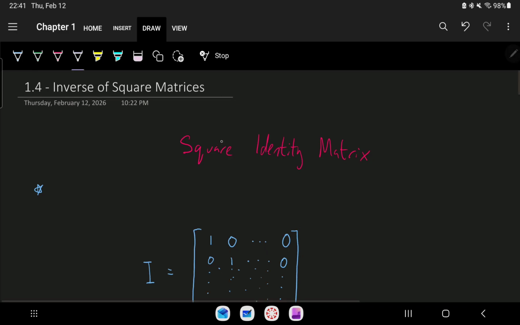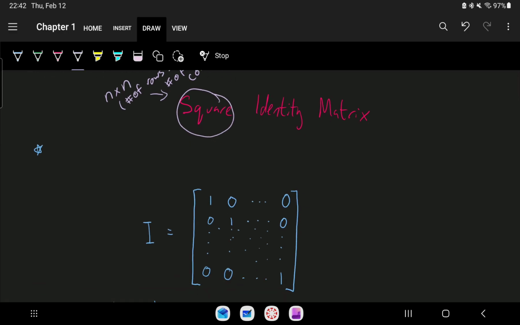We've mentioned square a couple times, but just as a reminder, this basically means that it is an n by n matrix. And what does that mean? The number of rows is equal to the number of columns. Remember, row by column, they're the same number, so it's going to be equal. And so an identity matrix is going to be a square matrix. So it's going to be an n by n matrix